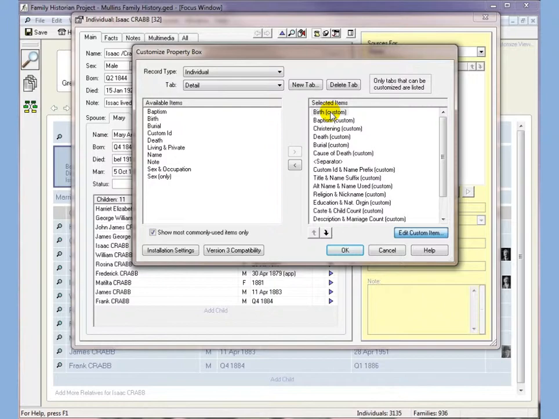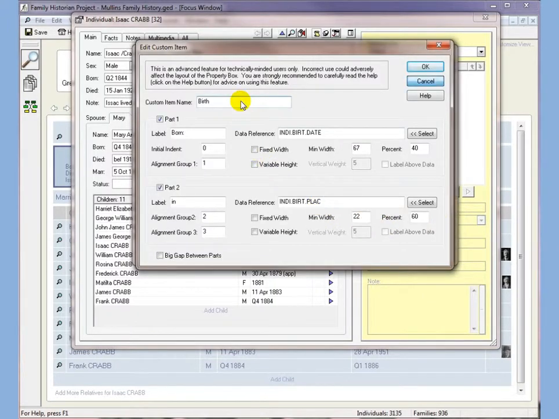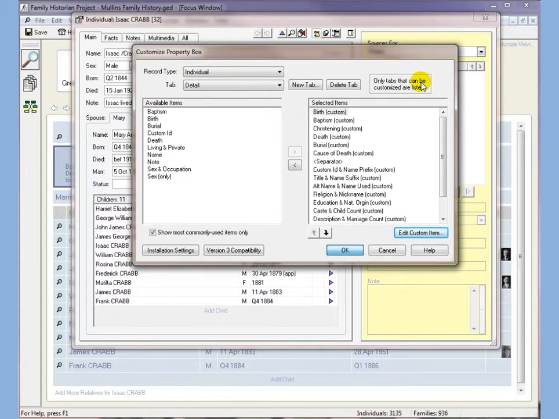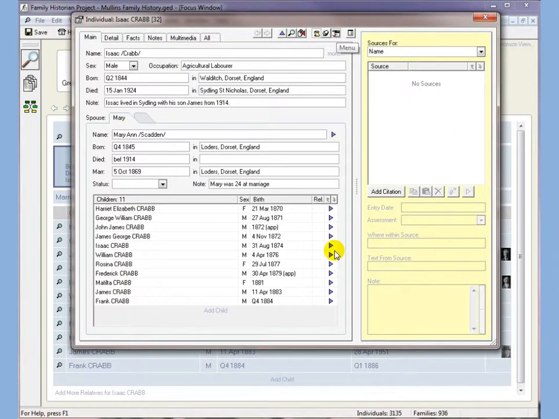So for instance, if I just click on Edit Custom Item for the birth field, we can see it's got a custom name, a part 1 and a part 2, which basically is the date and the place. You can set the width and the alignment groups. It's a good idea to have a steady play with this. So that's customization. You can also go in and change the colours,